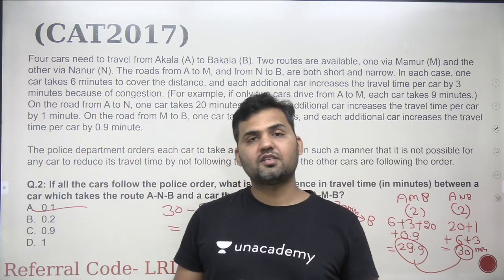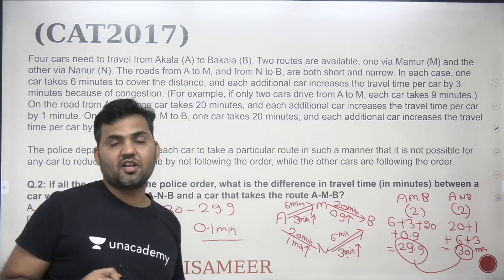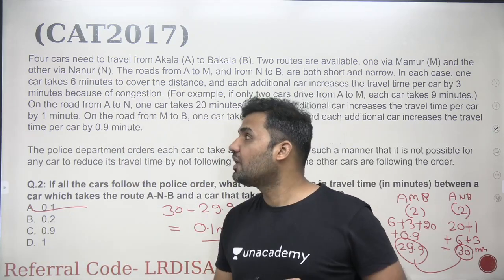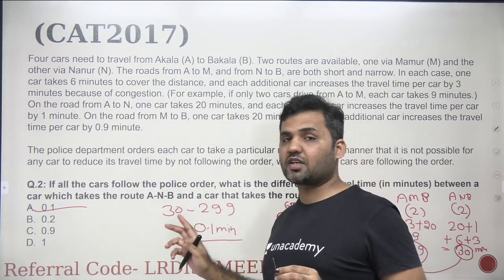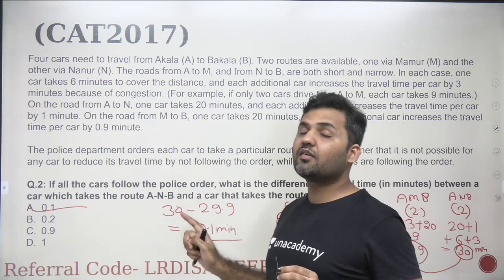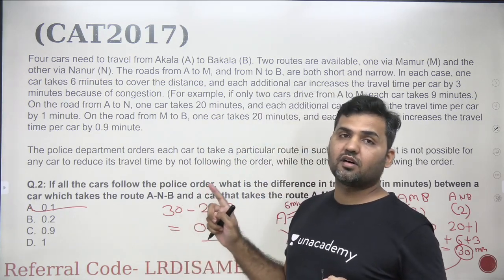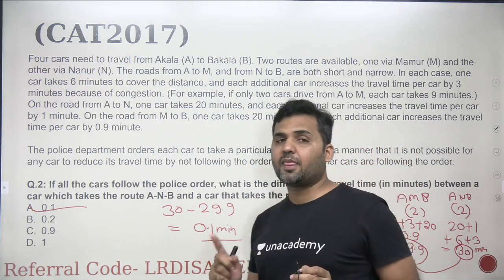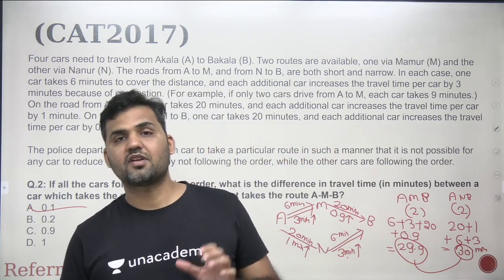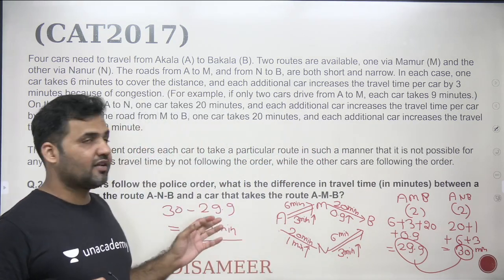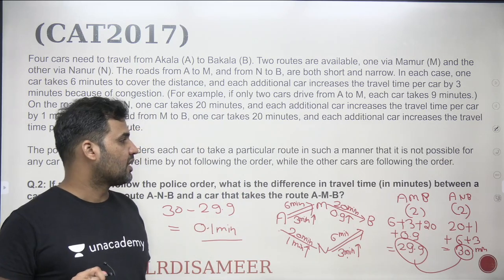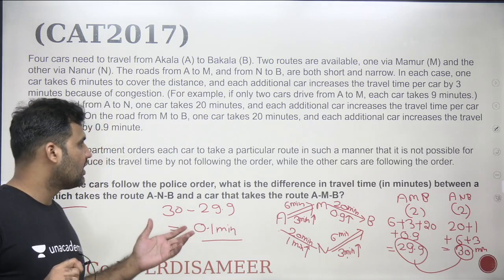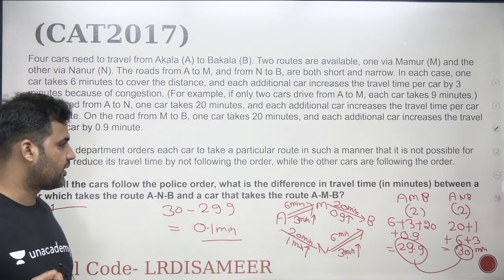This is a very simple question from the CAT 2017 paper. CAT 2017 is considered a difficult paper for the LRDI section, and it is considered to have a high level of difficulty, but three to four sets were very easy. We have already covered one set of CAT 2017 based on the concept of matrix, from the morning slot, and this is another set, of travel routes, which is again a very simple set. You can easily solve it if you interpret the basic information properly.